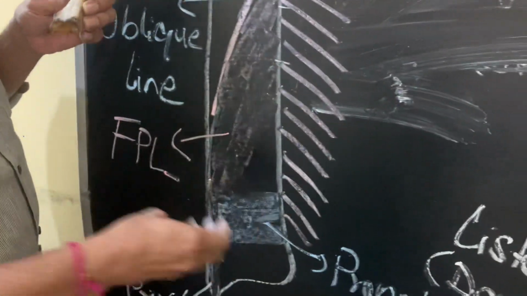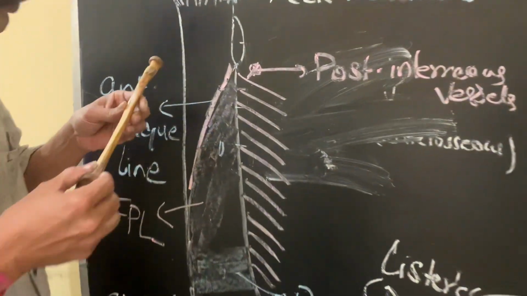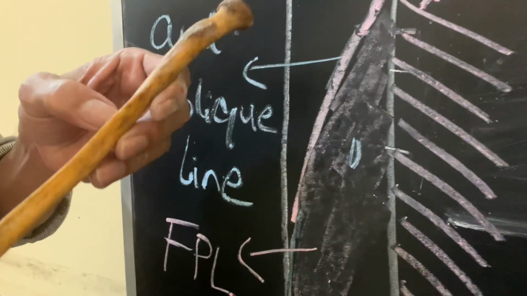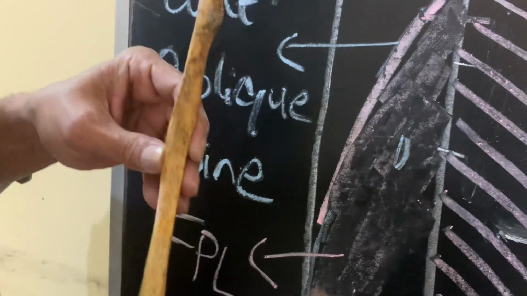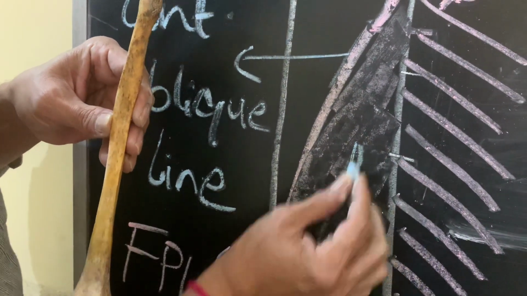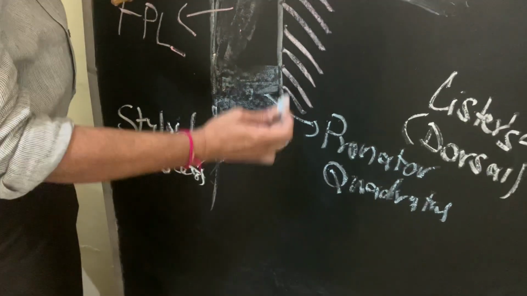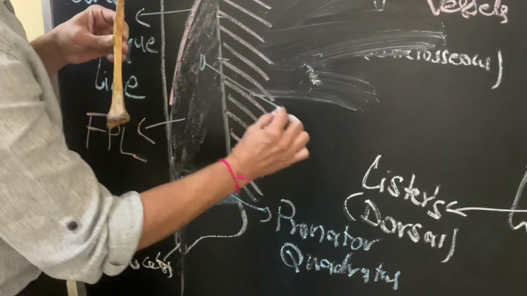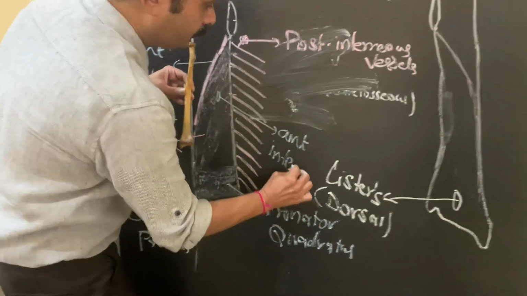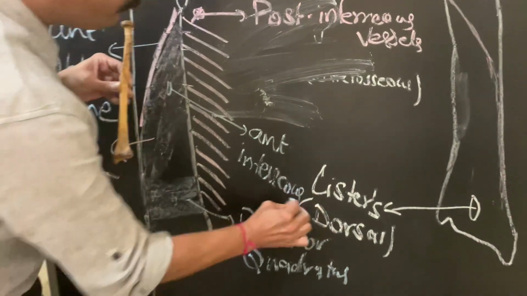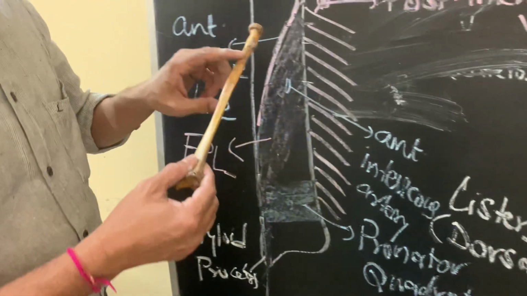Okay, this anterior surface presents a small opening here, which is the nutrient foramen, in its anterior part. It is not clear here, but probably this may be the nutrient foramen. This nutrient foramen is directed upwards, suggesting that the lower end of the bone is the growing end, and the nutrient artery is derived from the branch of anterior interosseous artery. Okay, this is all about the anterior surface.